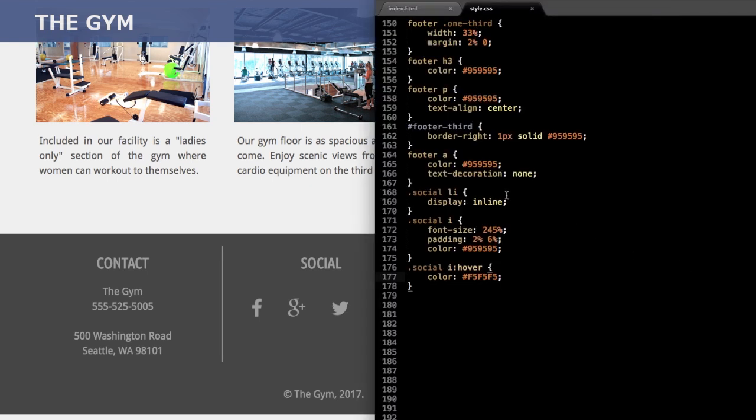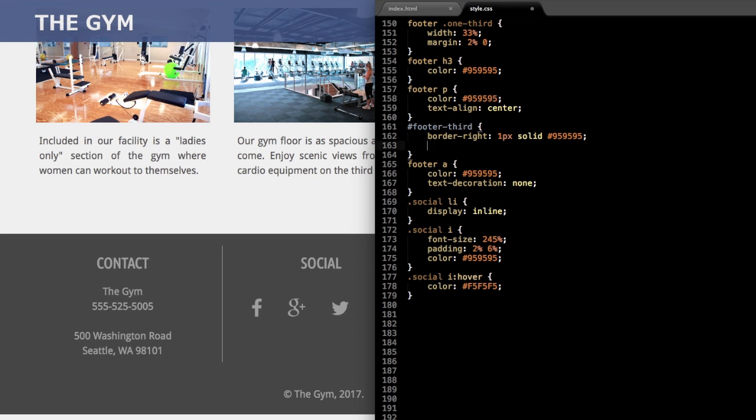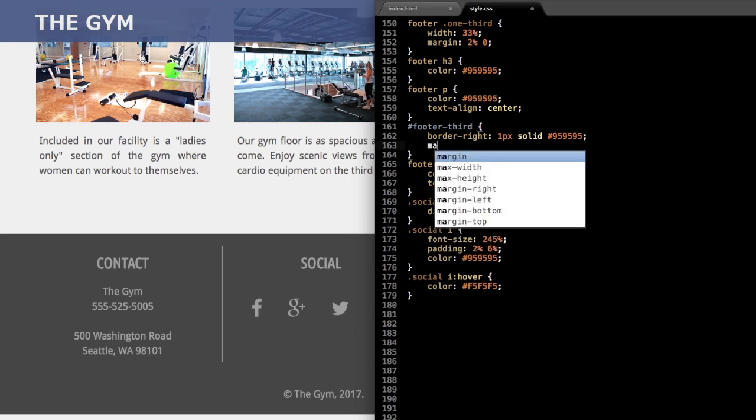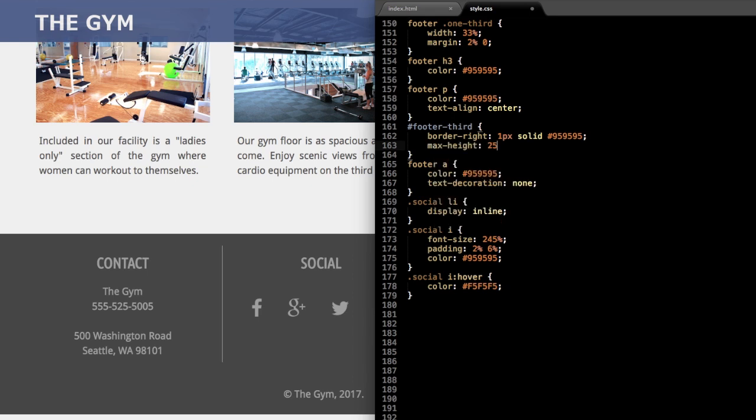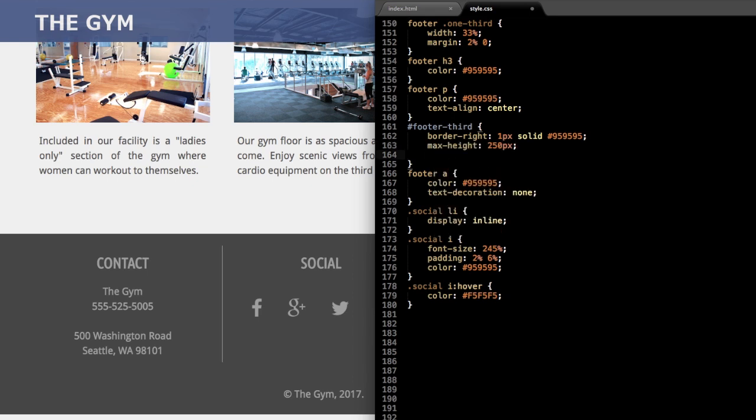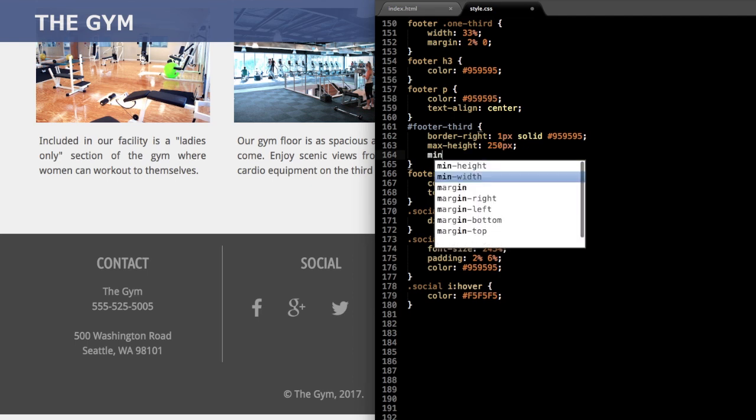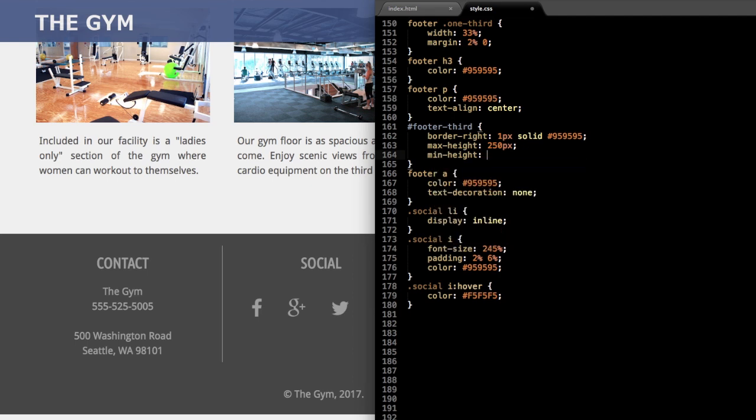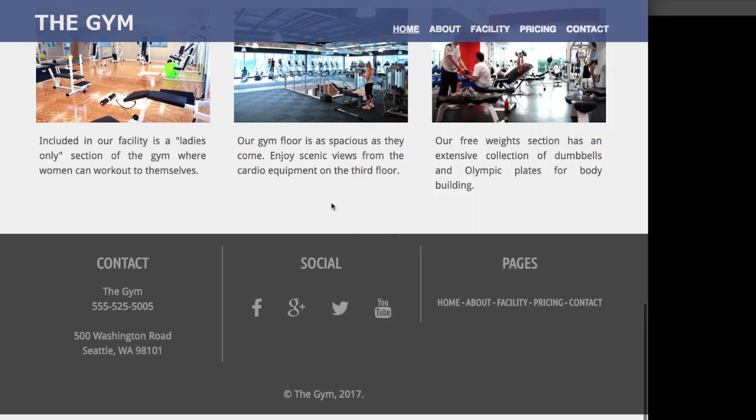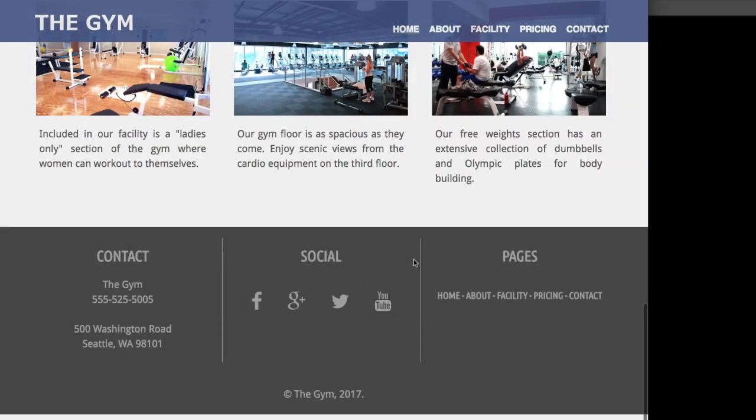And let's add the hover for, or actually let's add a max height and max width to this, the border. So let's do 250 pixels for each so they both display at the same height. So max height and min height, 250 pixels for the footer dash third border. Alright. And now let's do the